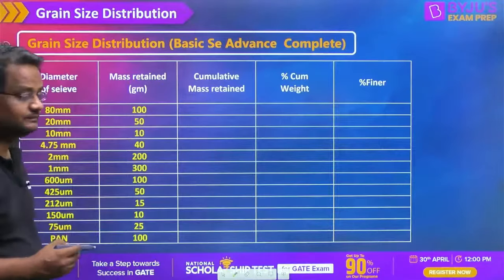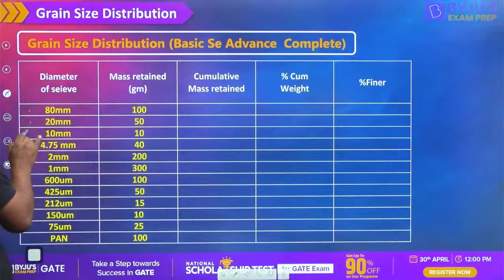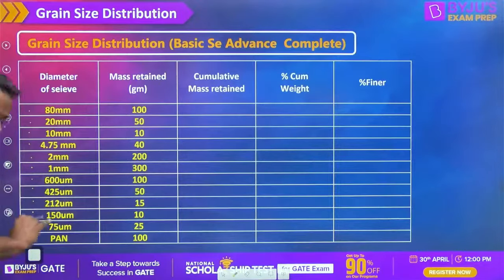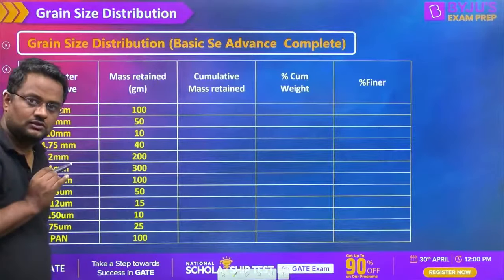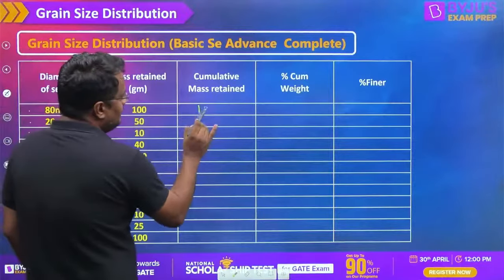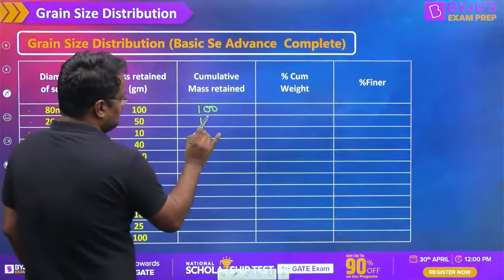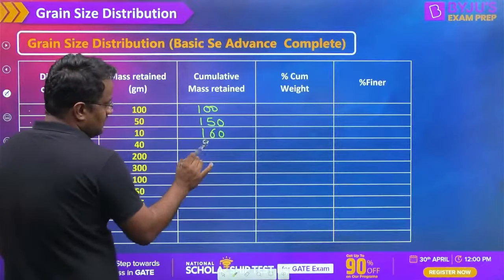Okay, now everyone please see here. On the 11 sieves, this is 1, 2, 3, 4, 5, 6, 7, 8, 9, 10, 11, and then the pan at the bottom. We get this much weight retained. If you do the cumulative weight, this is 100, this is 150, this is 160 gram, then this is